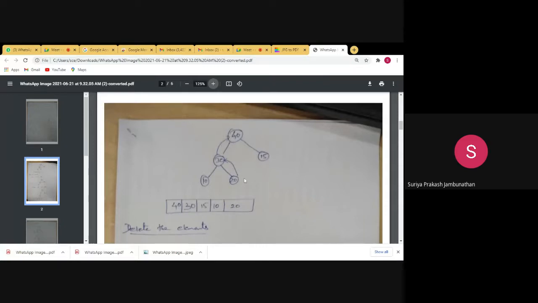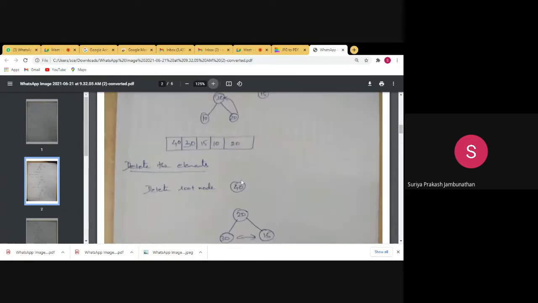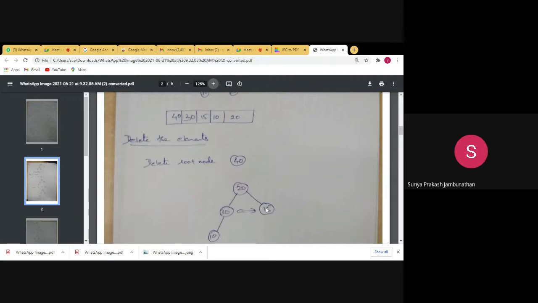So the leaf node we have to take. So 20 we are taking as a root node. When you are taking 20, we are able to compare 15 and 30. So when you are comparing 15 and 30, we are getting the highest node as 30. So 30 will go to the root node and 20 will come here.